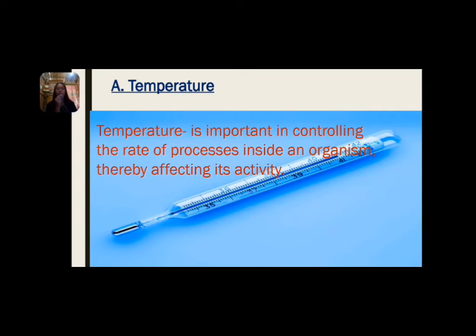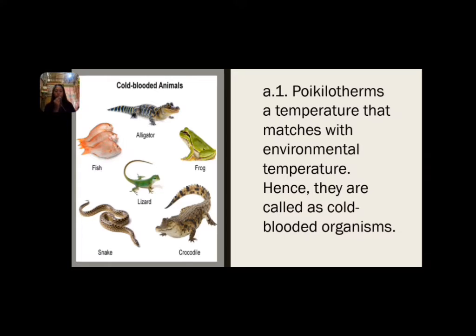So first is the temperature. Temperature is important in controlling the rate of processes inside an organism, thereby affecting its activity. So ang temperature is important siya sa pagkontrol sa kapaspason o proseso sa sulod sa lawas sa mga organisms. So in general, most important internal reactions proceed more quickly at a higher body temperature, which is equal, low, or higher than environmental temperature. So the group of organisms which fundamentally differ from other organisms in the relationships of body